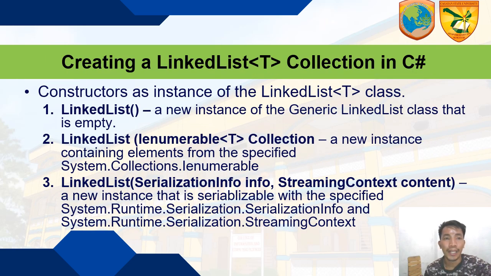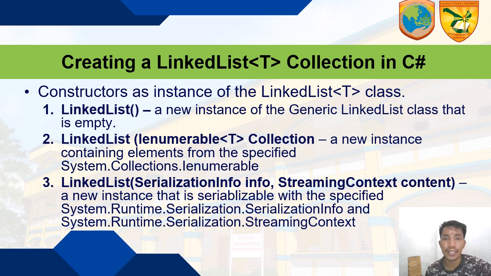So the generic linked list collection class in C# provides the following constructors that you can use to create an instance of the linked list class. The first is LinkedList, which initializes a new instance of the generic linked list class that is empty. We also have the LinkedList IEnumerable T collection constructor, which initializes a new instance of the generic linked list class